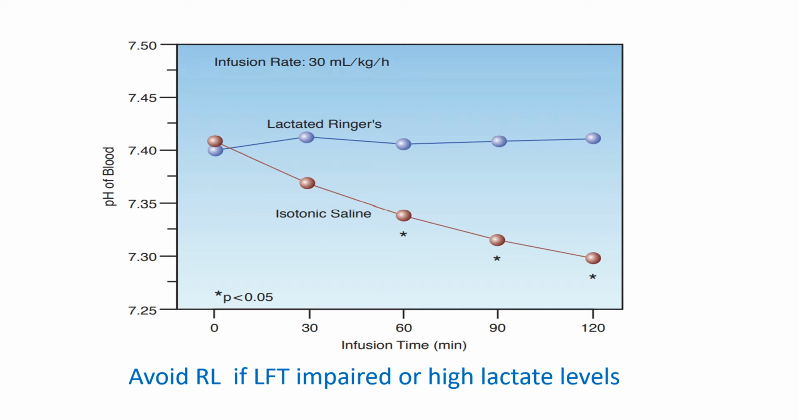Now, if the lactate is high, should we give Ringer's lactate? The answer is yes and no. If the liver function is impaired, then you should not give Ringer's lactate, because the clearance of lactate is by the liver. So if the liver is not functioning properly, the lactate is just going to go on rising. One. Secondly, if the lactate is extremely high and you want to see lactate clearance, then again large infusions of